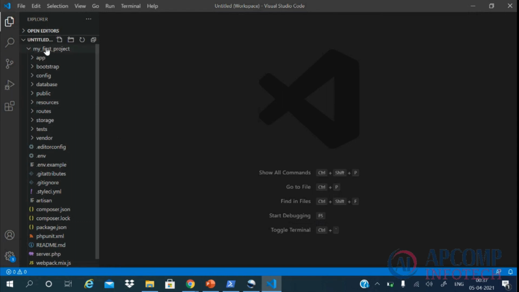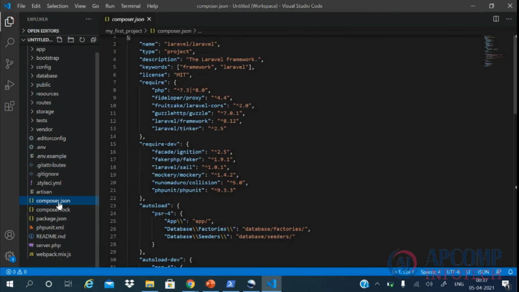I have also added the project in Visual Studio Code. This is the code editor which I use for editing my code, and as you can see, here are all the files which were generated while installing our first Laravel project. And here is the composer.json file and the composer.log file which were generated.